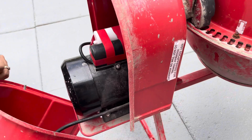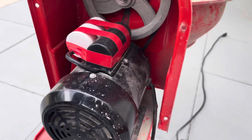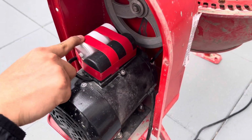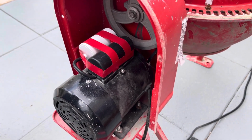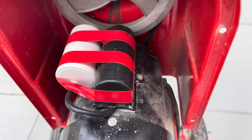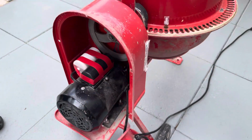So after pulling the casing off, there's the motor. Now, I've already fixed this because I had to do a job, but I'm gonna walk you through it. So I purchased a replacement capacitor off of Amazon to replace the one that came with the motor. Now, lesson learned here, that replacement capacitor I bought did not fit in the housing for the